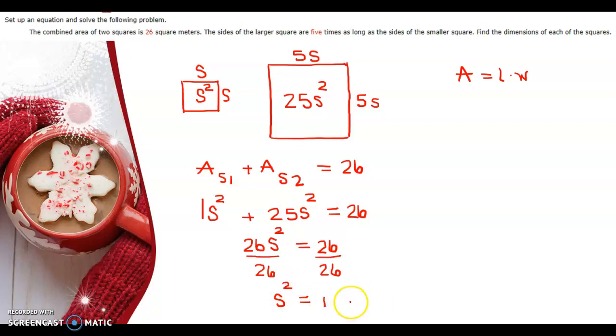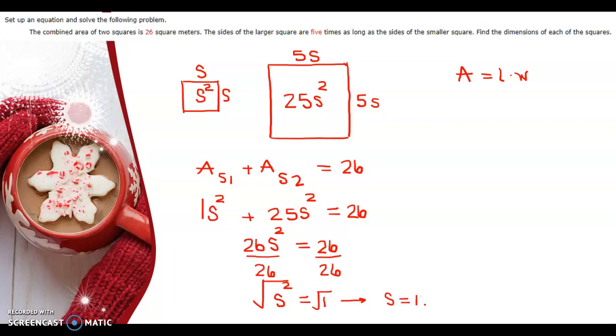Well, there are two numbers, like the previous example, that squared equal 1. One of them is -1, because -1 times -1 is +1, and the other is +1. But the side of a square cannot be equal to a negative number. So in this application problem, it's only reasonable to identify the positive square root as the length of the side